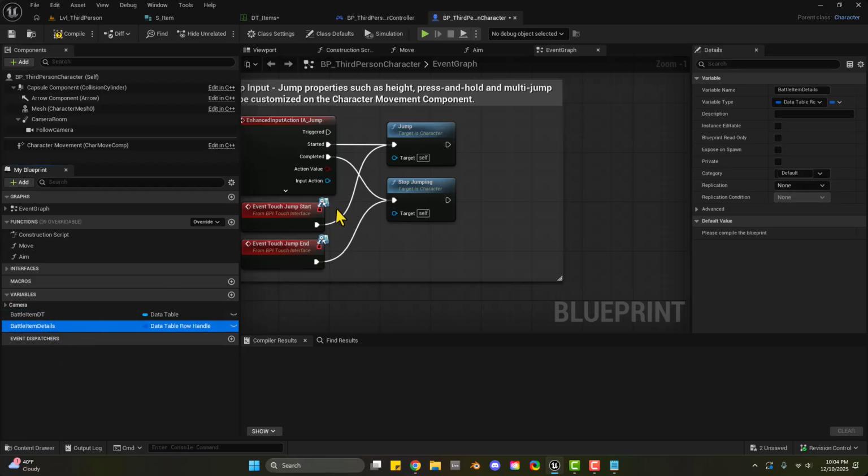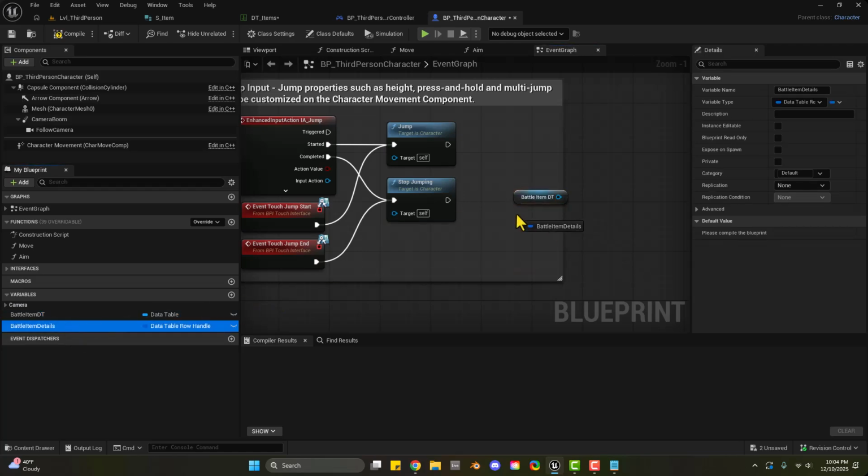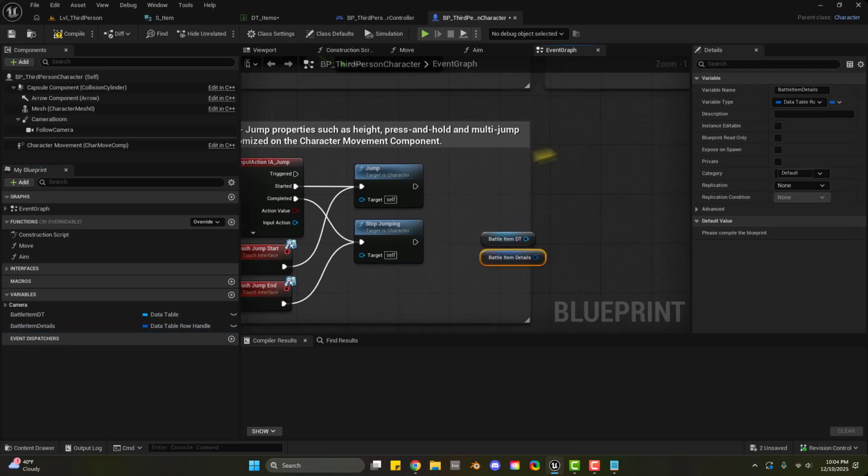It still might be kind of confusing. But what I want to do is drag each of these out by holding my control key and bringing that out and bringing this out. Same thing. So every time we jump, what we want is to display the potions